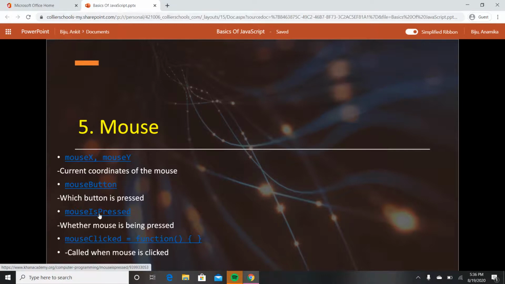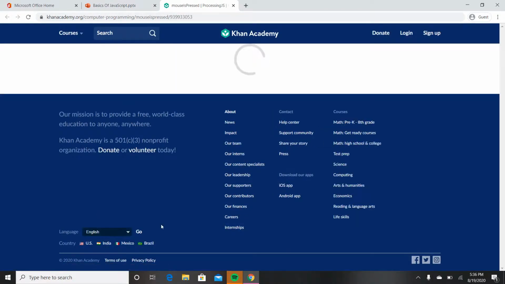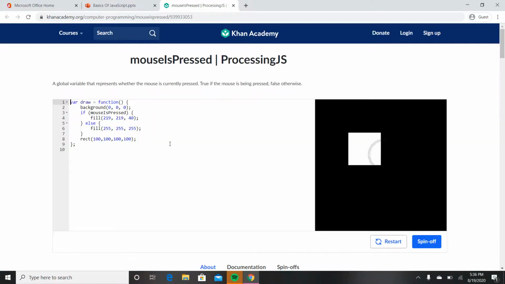Our next one is mouseIsPressed, which tells you whether a mouse is being pressed or not, as you saw in the last one. Var draw equals function. Background equals black. If mouse is pressed, then fill the square yellow, else fill it white. So it's the same thing, but a little simpler and less complicated than the other one,